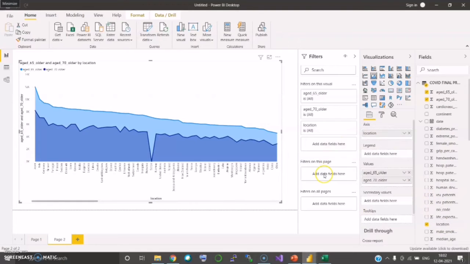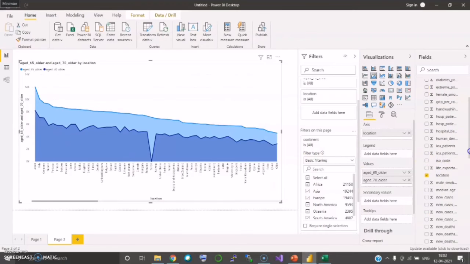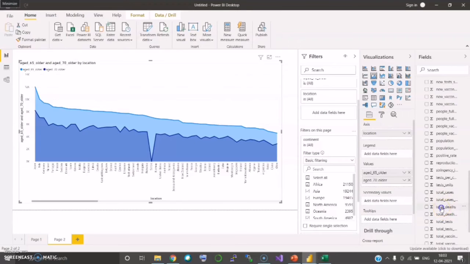And in the filters pane, I'm going to add continent. So based on the continent, I'm going to filter the data. I'm selecting all here. And in the secondary value, I'm going to add the total deaths.